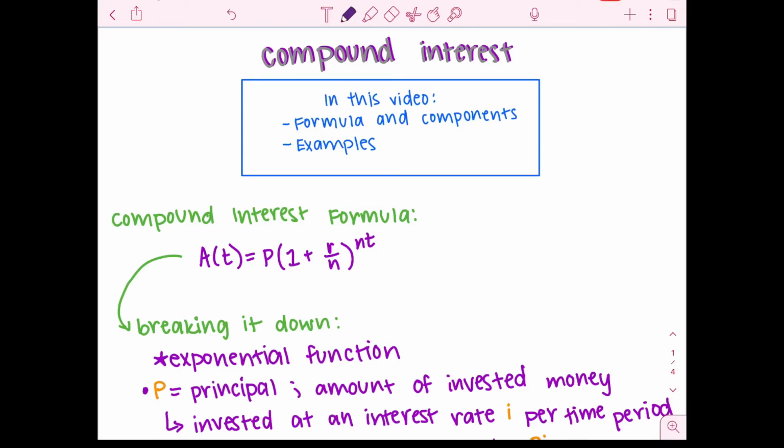Today we will be talking about compound interest, which is a topic that you might see in Algebra 2 or even earlier, but in this video we're really going to dive deep into the formula and the components of the formula of compound interest. So it might get a little bit tough in the middle,